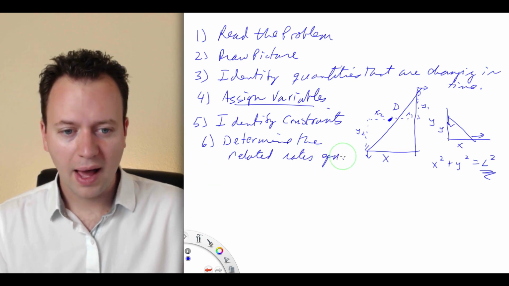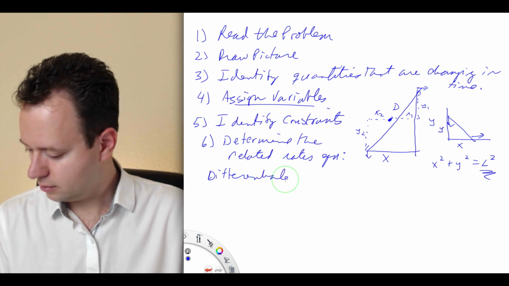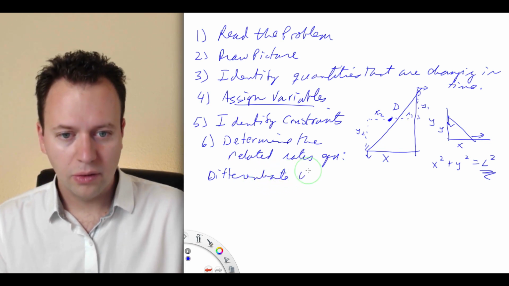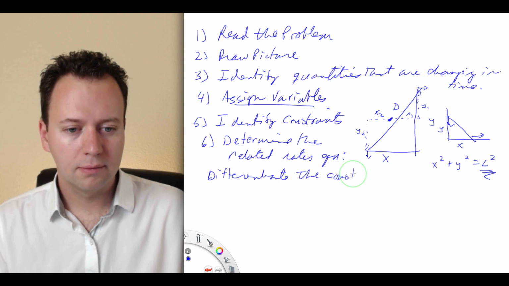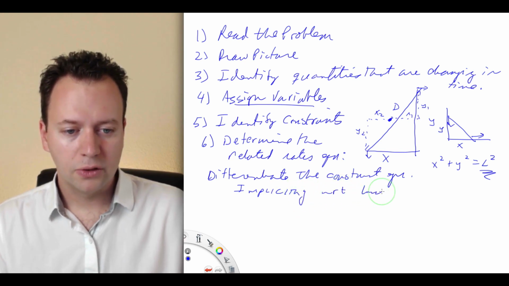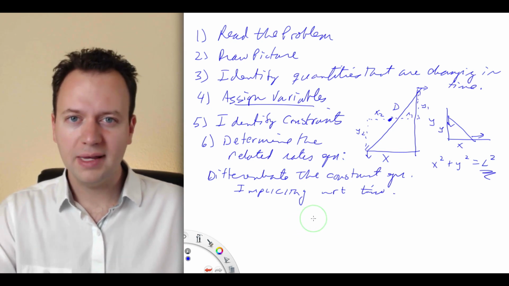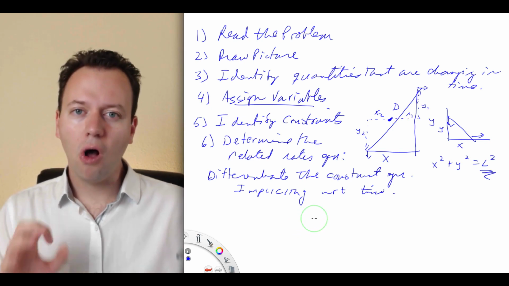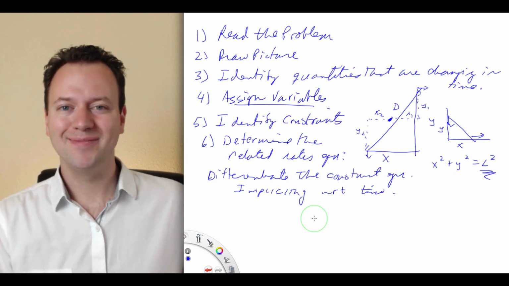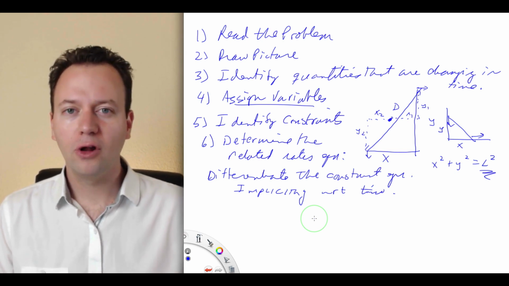And you do this by differentiating the constraint equation implicitly with respect to time. So remember, all of your variables, if you have x, y, L, R, D, H, whatever, they're all implicitly functions of time. So everything's changing in time. So it's just like implicit differentiation,